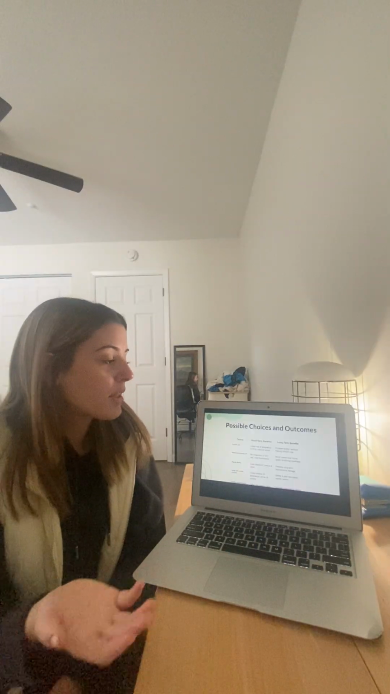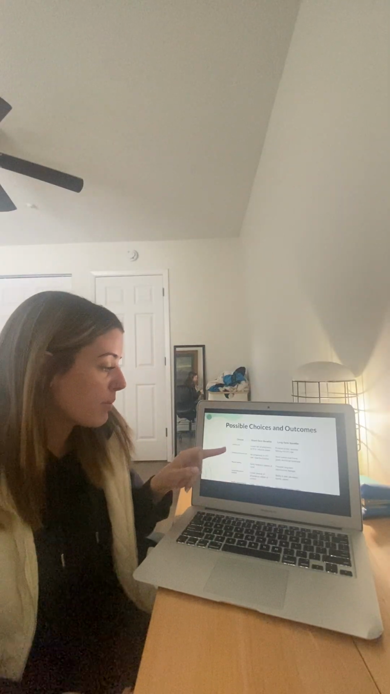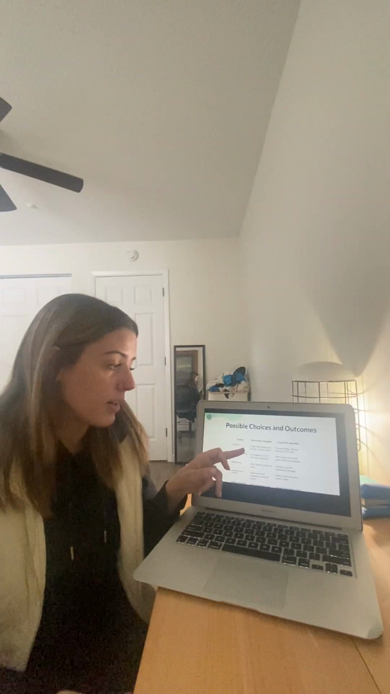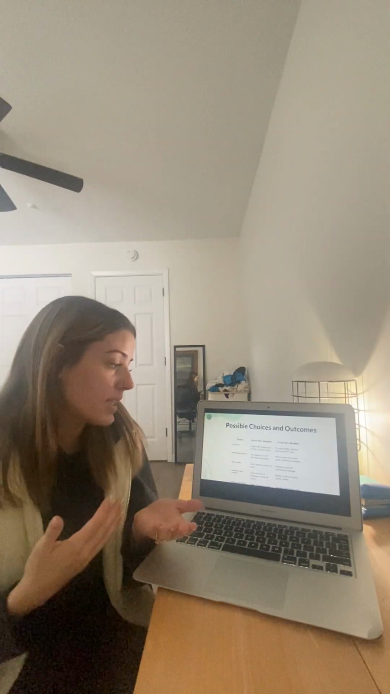So now let's talk about possible choices and outcomes, negative and positive, related to making choices around sexual health. Our first one, for example, is choosing to use a condom. The short-term benefit would be it lowers the risk of pregnancy and STIs and reduces the stress of, am I going